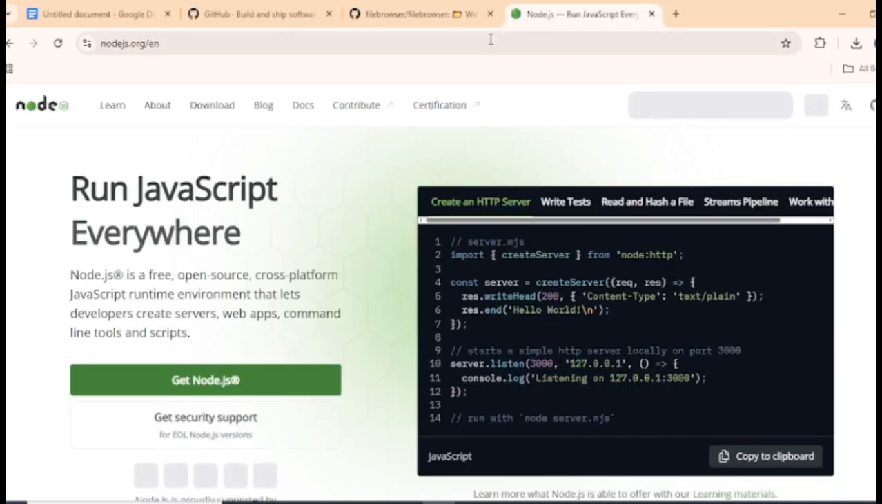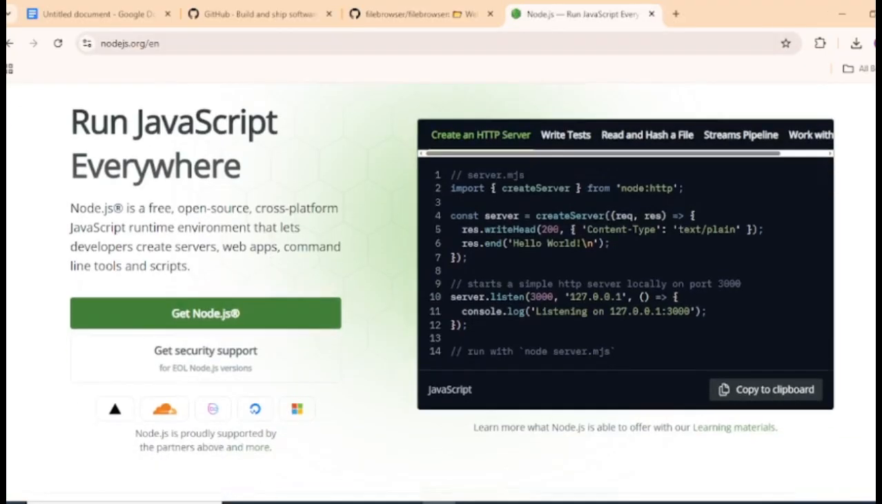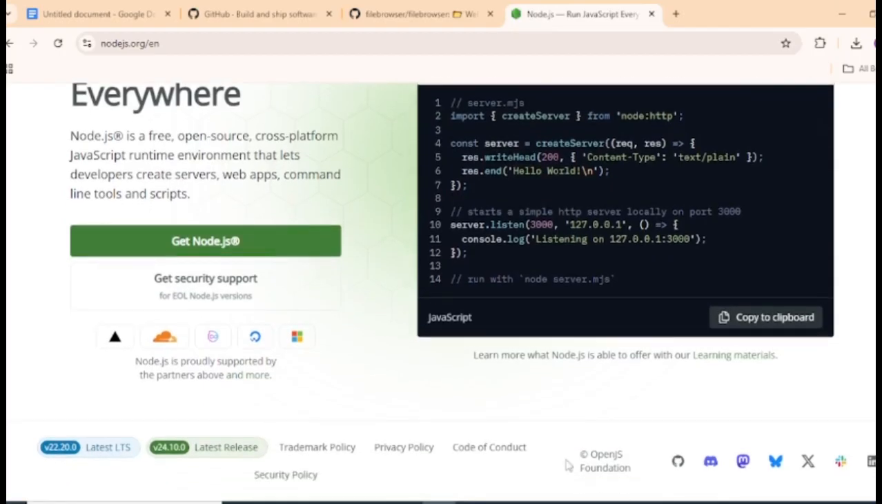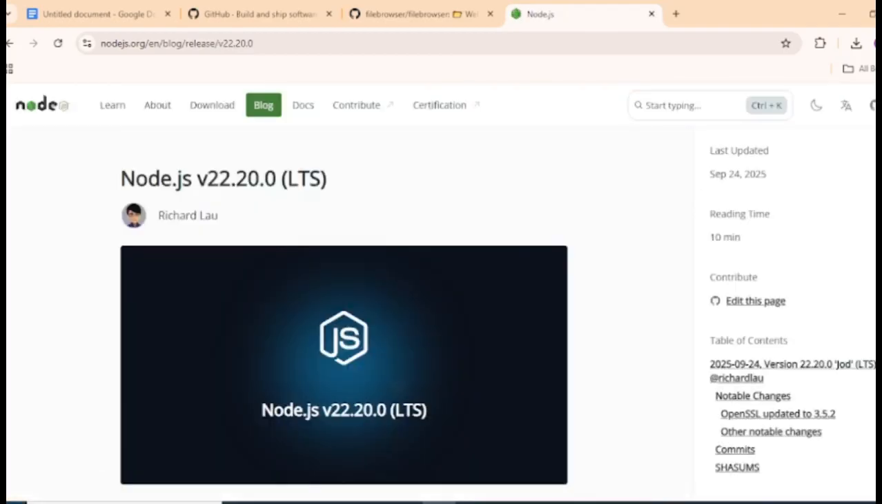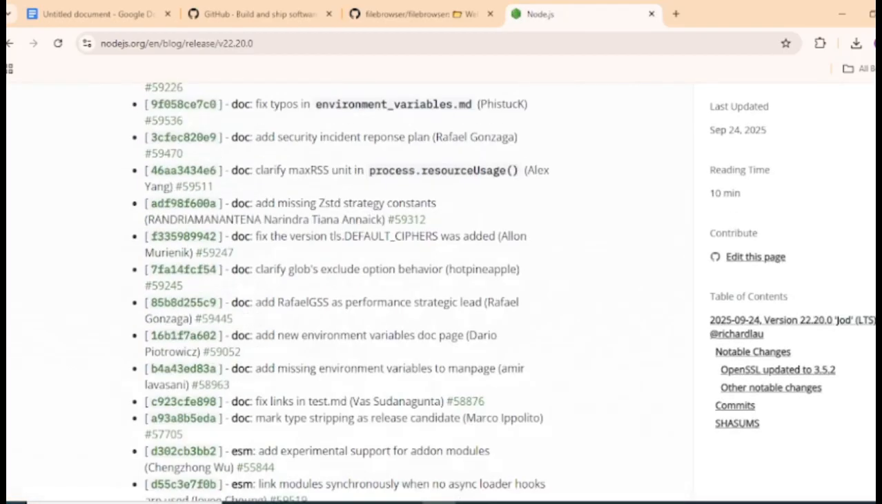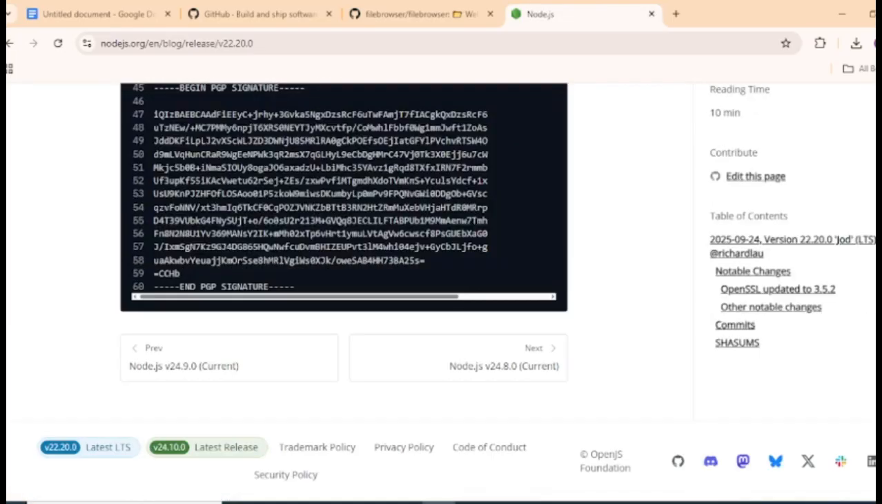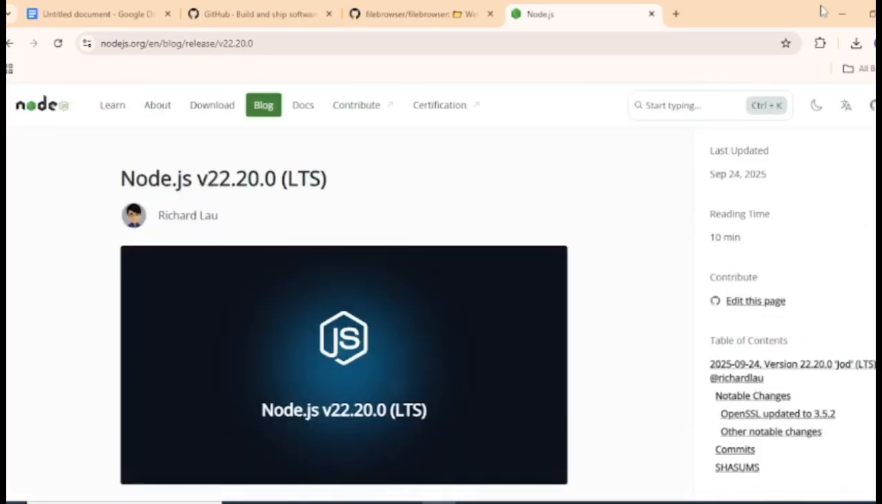So basically, this is how it looks like. It's actually not a very complicated process. You just come here, select the version that you want. I recommend this one right here. Then you just download. Let me show you exactly how to do it. So if you come back here,